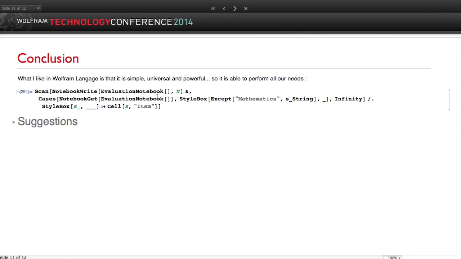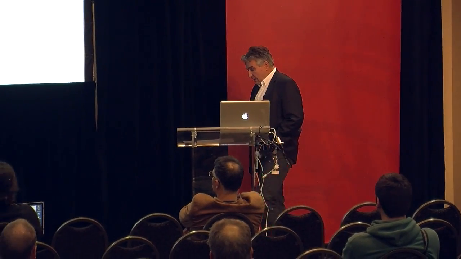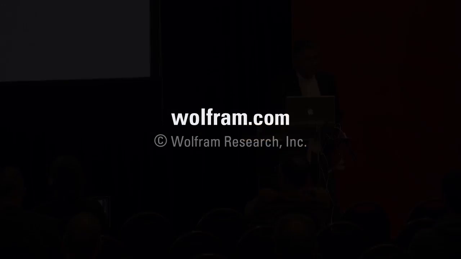Okay, I think it's time to conclude. The reason why I like Wolfram Language is because it's doing all the things, and everything is really integrated. I mean, it is always the same idea, the same way of processing whatever you are processing. You are processing images, sounds, polynomials, numbers,